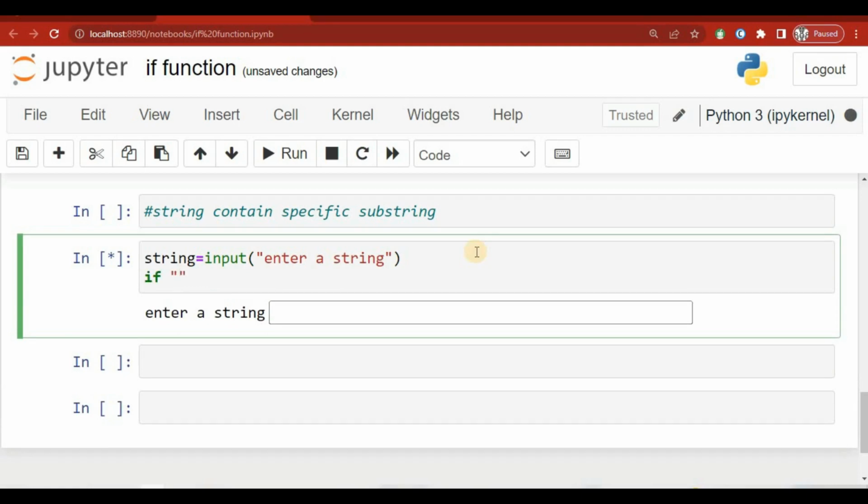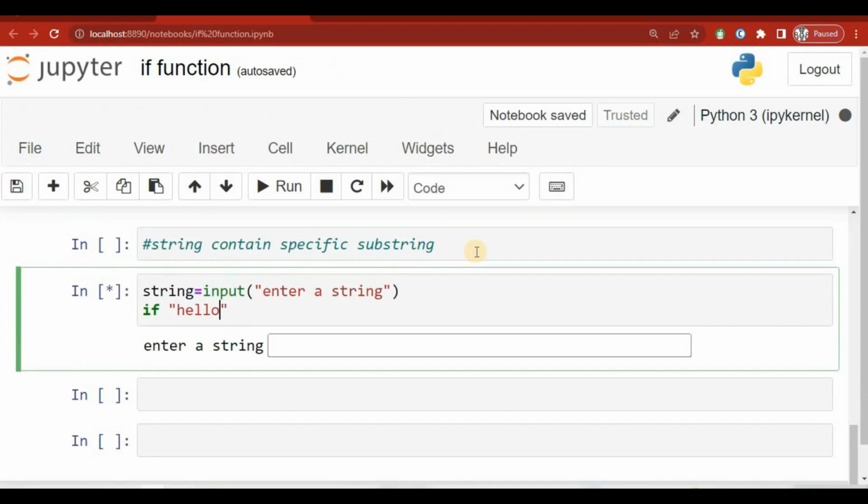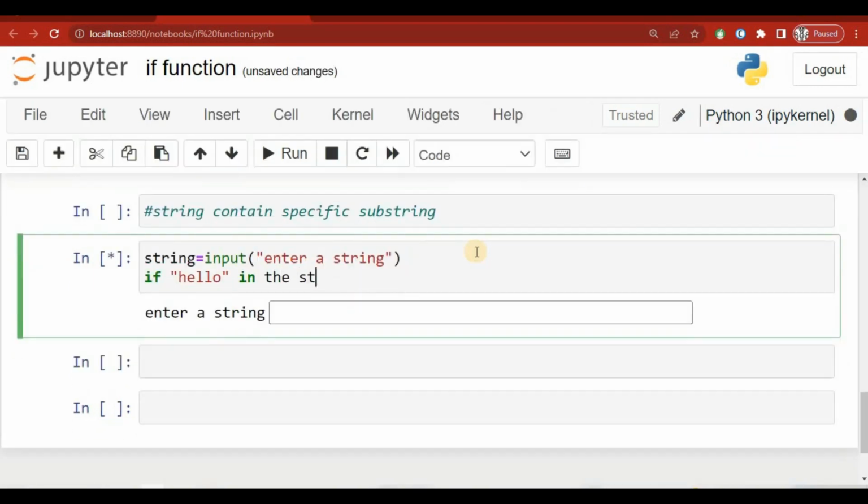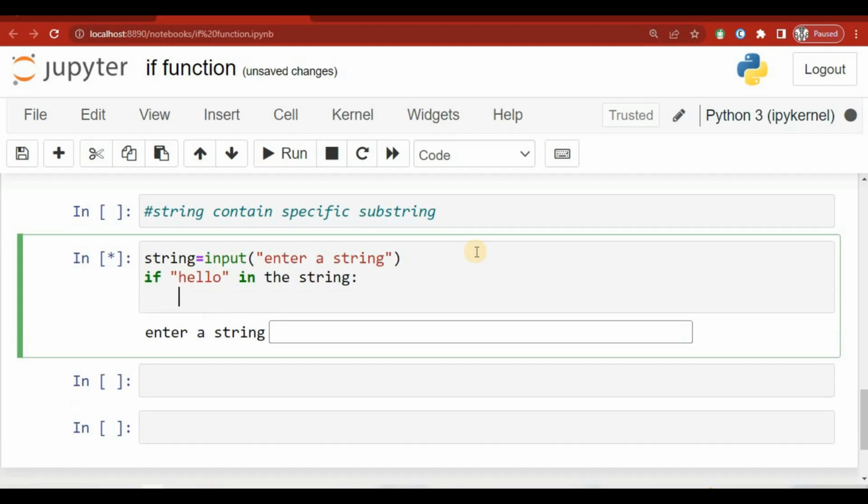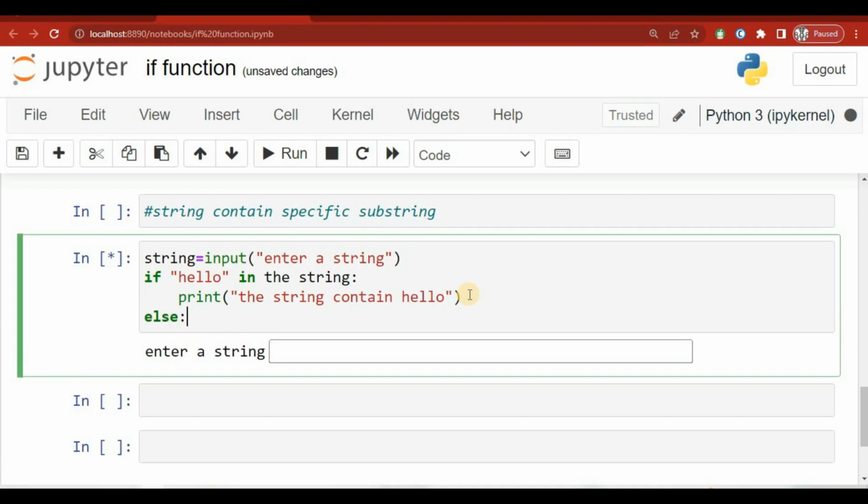But we need to write more of our program. If we find hello in the string, so if we find any word like hello in the string, it will print the string contains hello. So that's the thing here, and we have to close this. You can even put it like this also. I will put it here only. Okay, so string contains hello, and else I will put